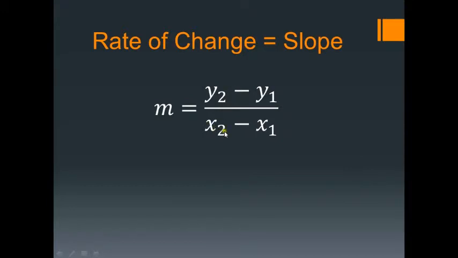And then on the bottom of this fraction, you put the x-coordinate from the second point minus the x-coordinate from the first point. I know I reminded you before, make sure that you put y minus y on top, x minus x on the bottom. Don't flip them over, don't switch them around. Make sure you have y and y, x and x. Alright, so that's going to give us the slope,